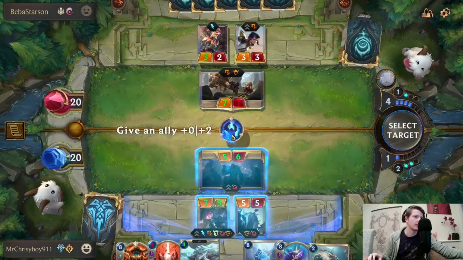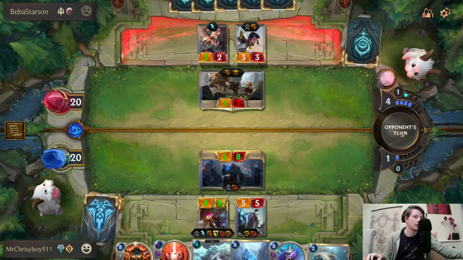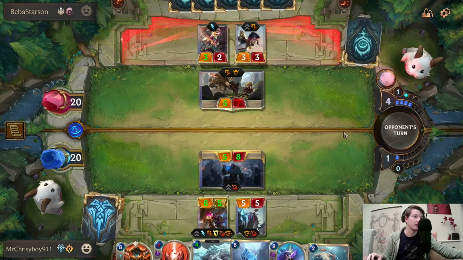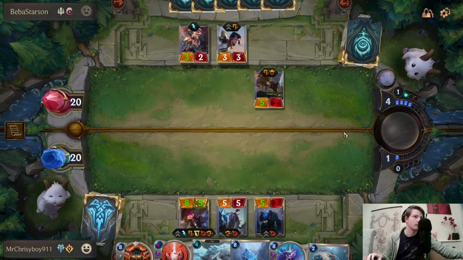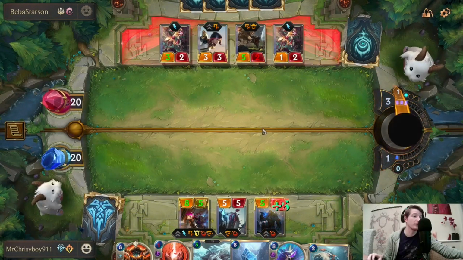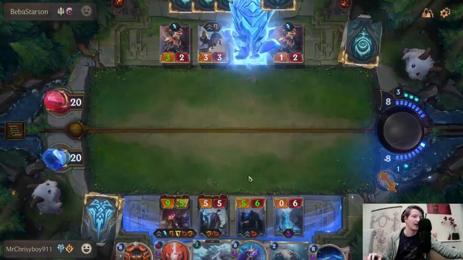Now I do want to level up this Trundle. He could have a second Riposte. Or Concerted Strike. Or if it's nothing though, that's pretty good for us. Because now I can go for this. And now,